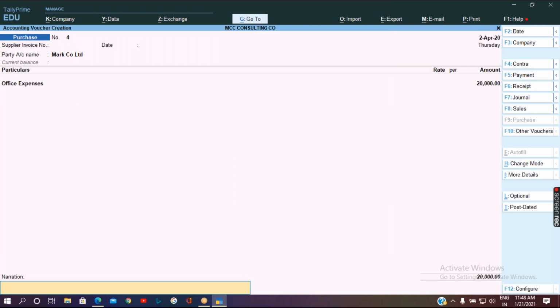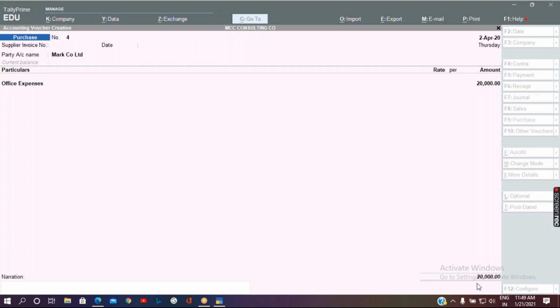Now here I'm supposed to get the option of specifying that this expense of 20,000 rupees I have spent for the admin department. So I'm supposed to get the cost center allocation screen. Till now I didn't find that screen option. Now if I press enter, it will take me to the accept screen. Now I'm passing the entry in which mode?